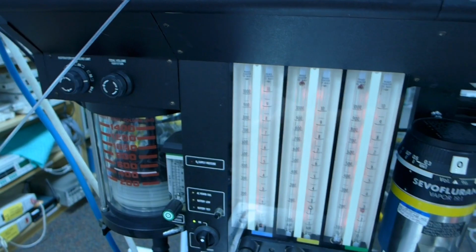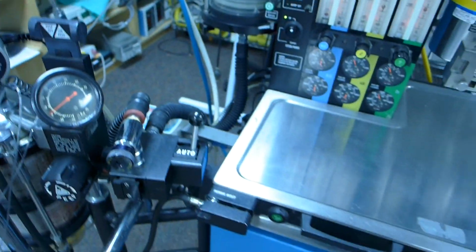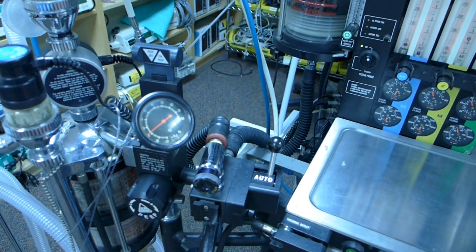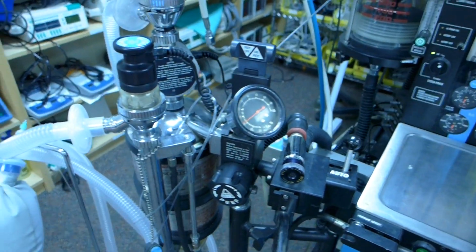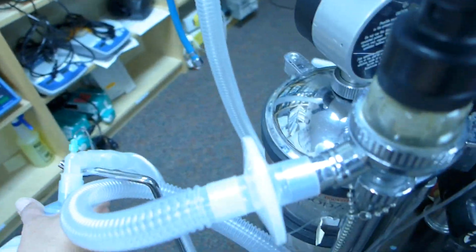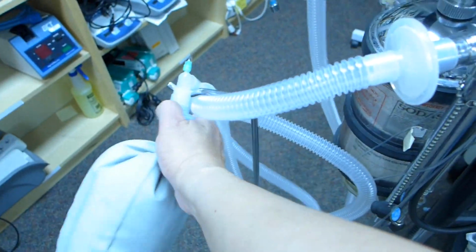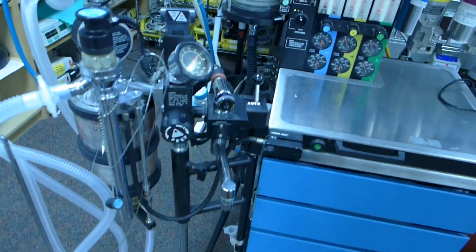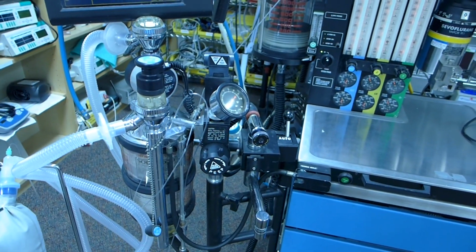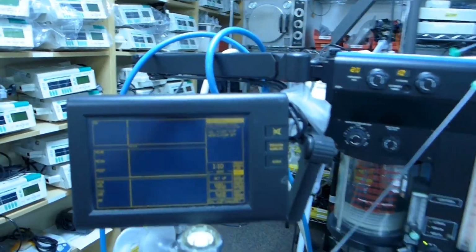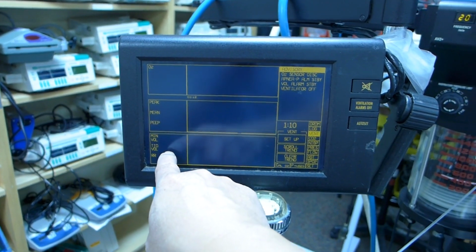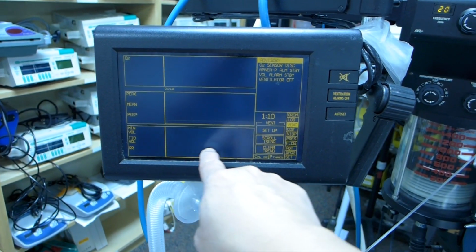The doctor doesn't have to keep bagging the patients from here; they use the bag from here. I will actually switch this back over here, and I put the lung simulator over here. From here, this is a display showing the tidal volume and respiration rate,